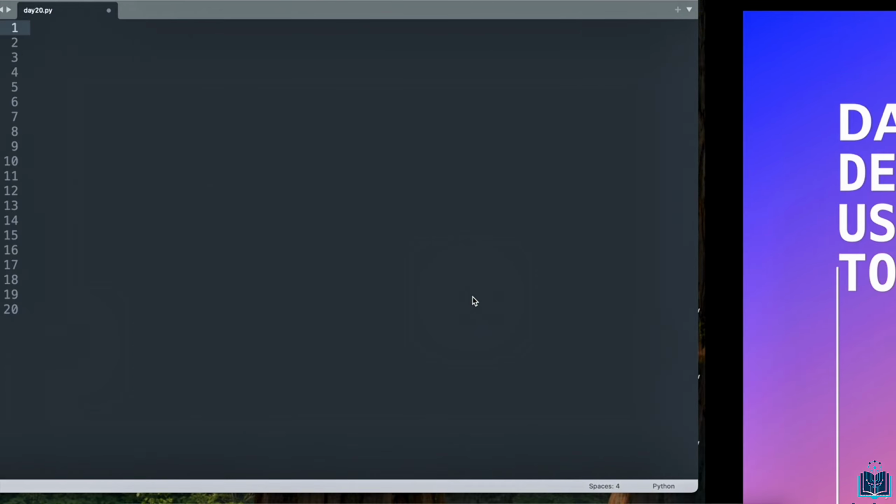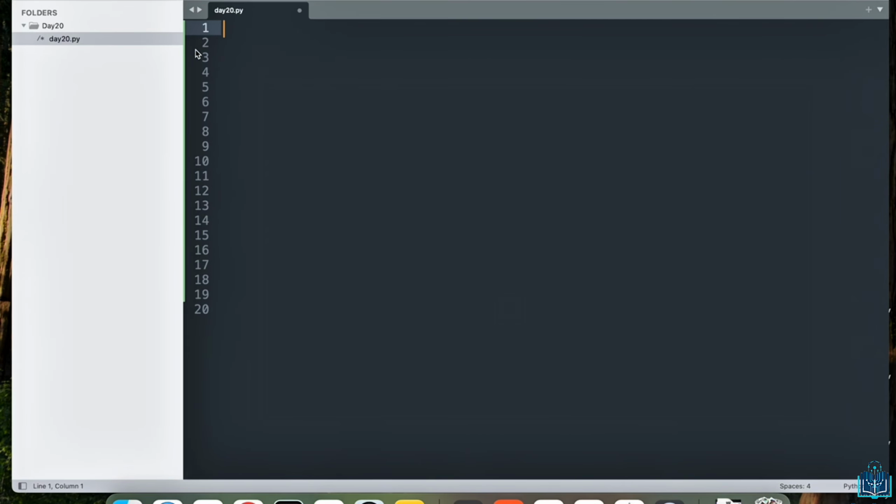To start with the project, I'm going to open my day20.py Python file inside the day20 folder. And in here, we'll start by importing the necessary libraries. First, we'll import NLTK, which is our Natural Language Toolkit. Then from the NLTK corpus, we'll get the stop words, used for removing common words from text like and, this, that, those.